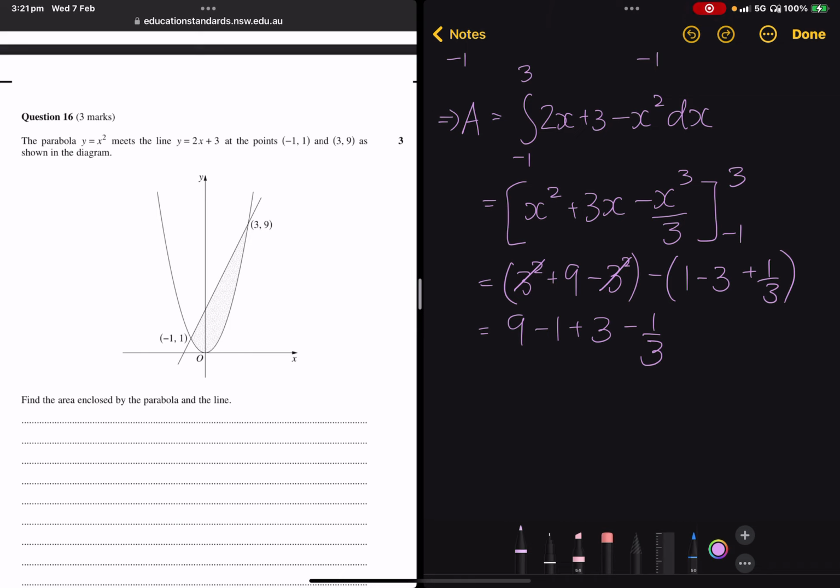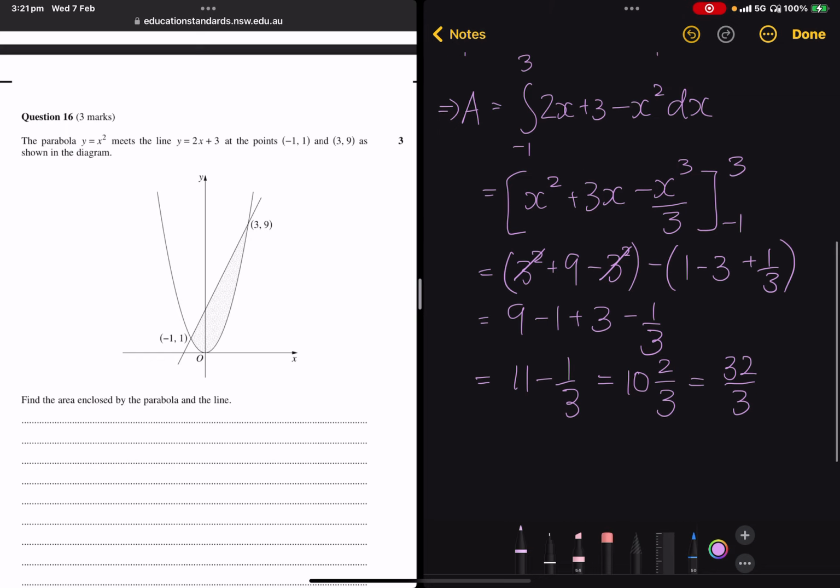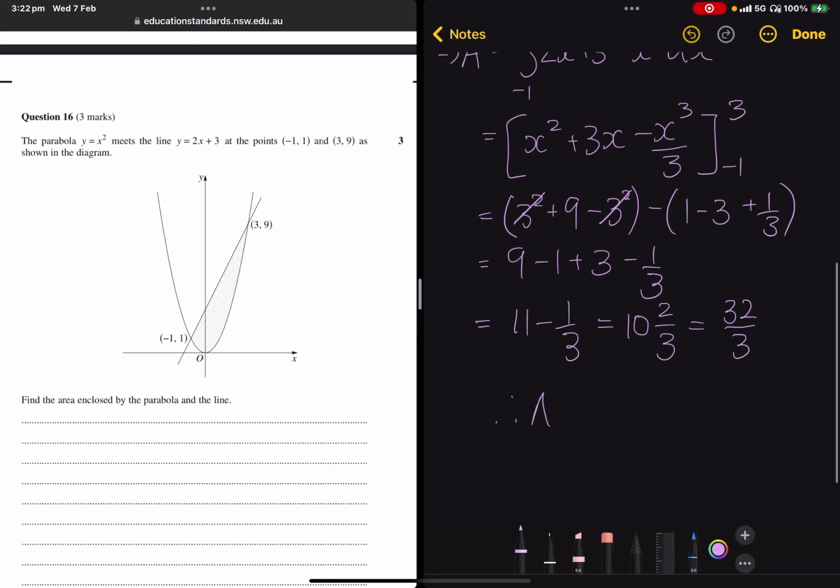So now we have 9 minus 1, that's 8, plus 3, that's 11. We have 11 minus 1/3, so this is going to be 10 and 2/3 as a mixed number. We could also write this as 32 on 3. So 32 on 3. These are both equivalent answers, and so therefore the area is equal to 32 on 3